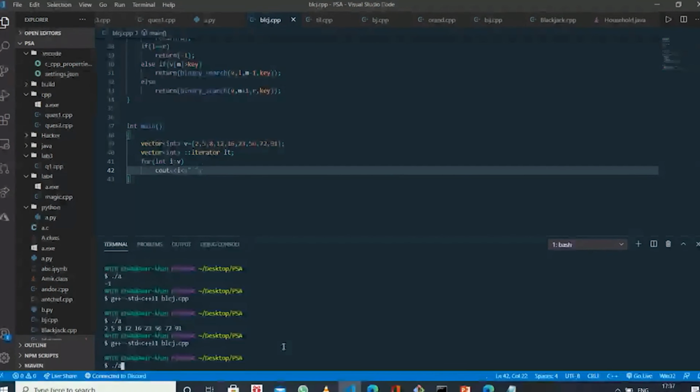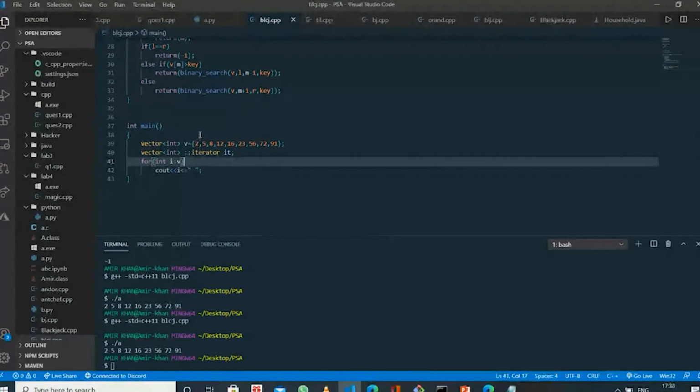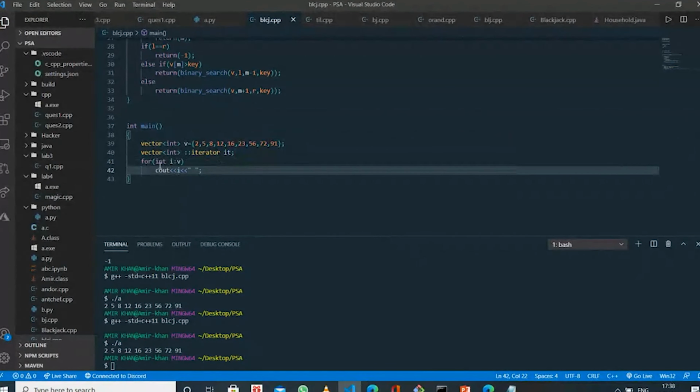See, same data. How is it working? When the loop is iterating, the element at index 0 is stored in i. Simply, it works like this.